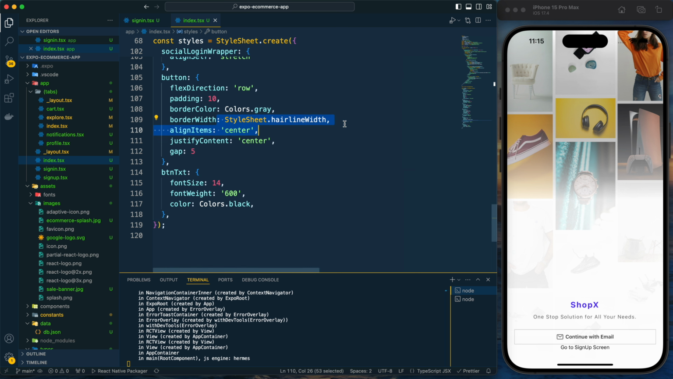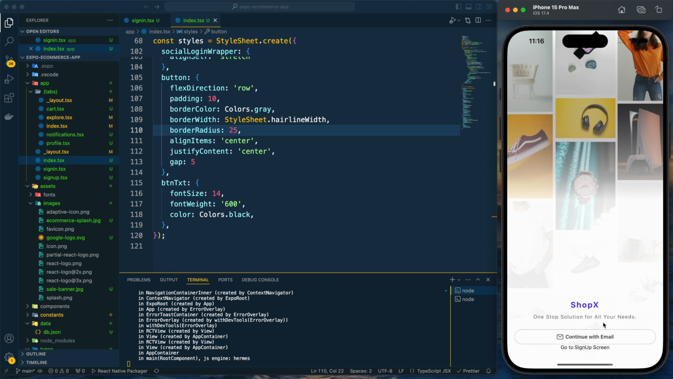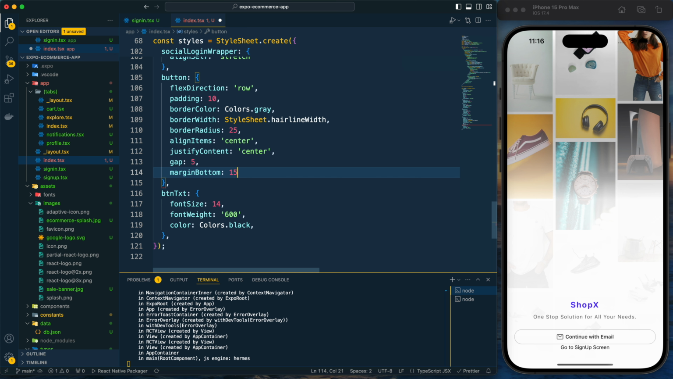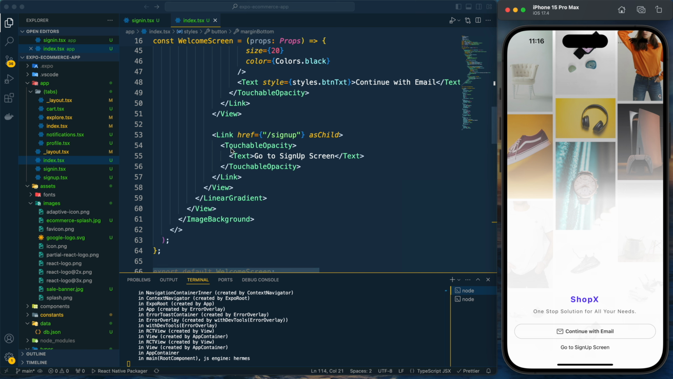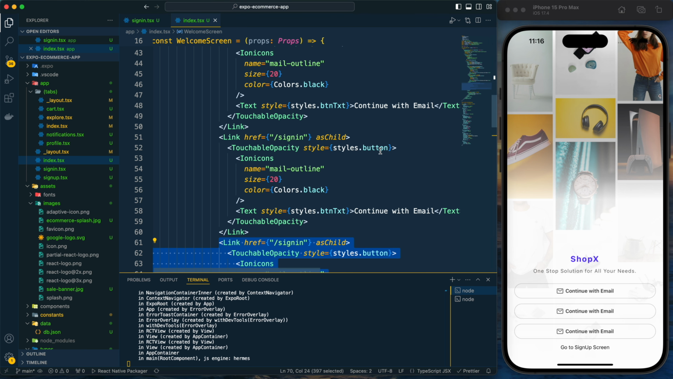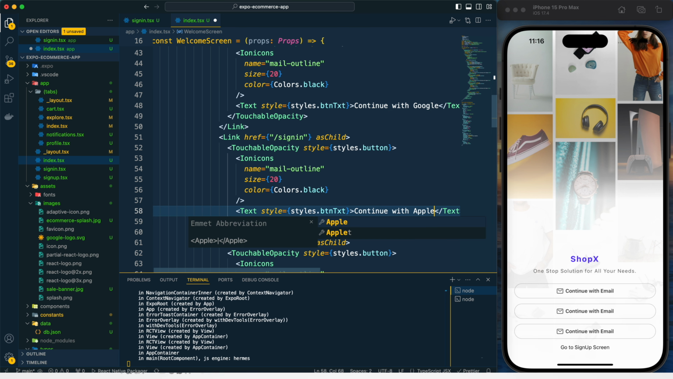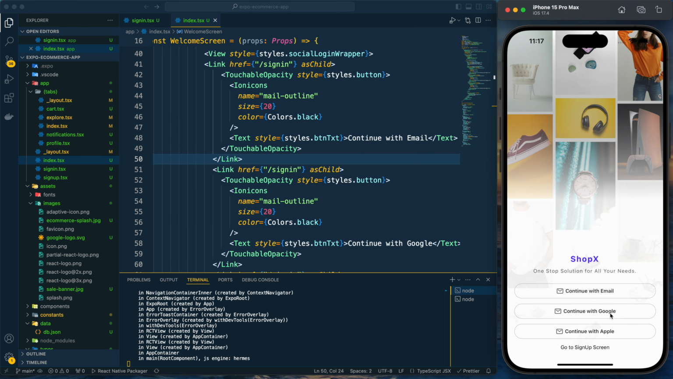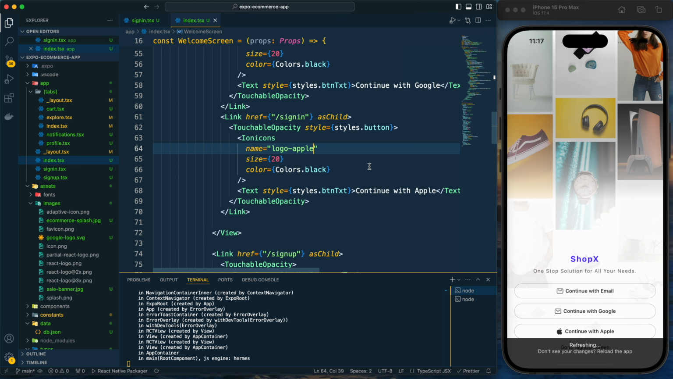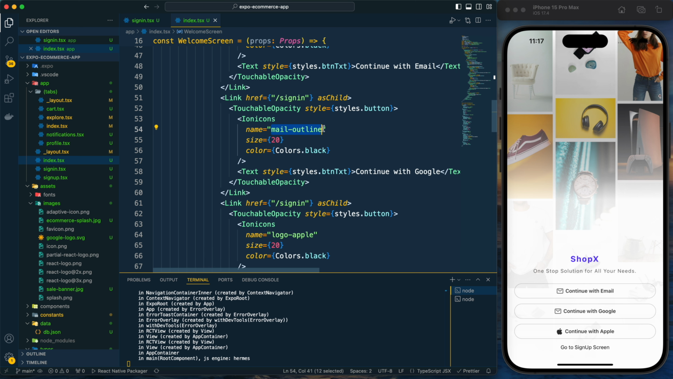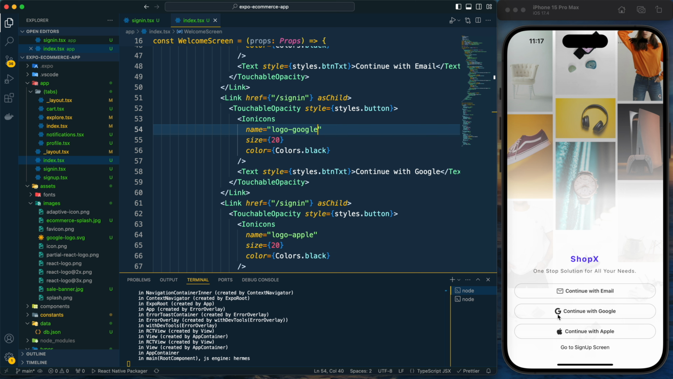Now for this border let's provide a border radius. So now it's looking good, and along with this let's provide margin bottom 15. So it is looking good. Now let's copy this 2 more times, and after that here it will be continue with Google, Apple. First we will have the email, Google, then Apple, and with the Apple it will be logo Apple. So it's looking good. For the Google I can use logo Google, but this one is not colored